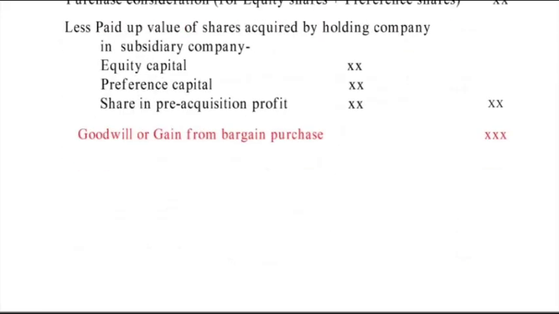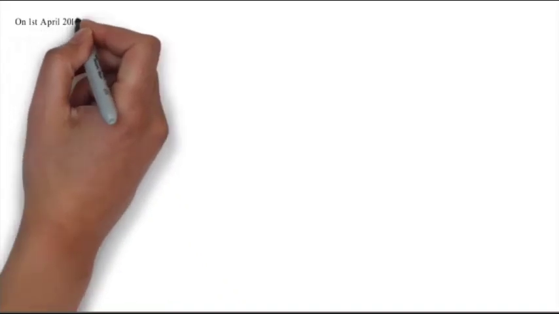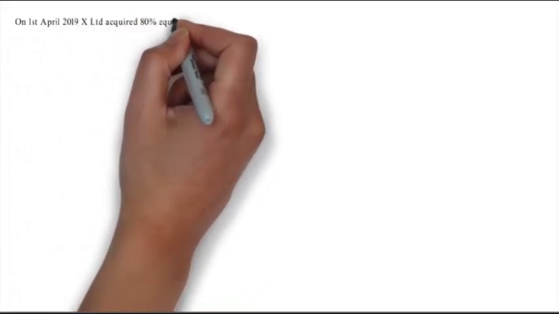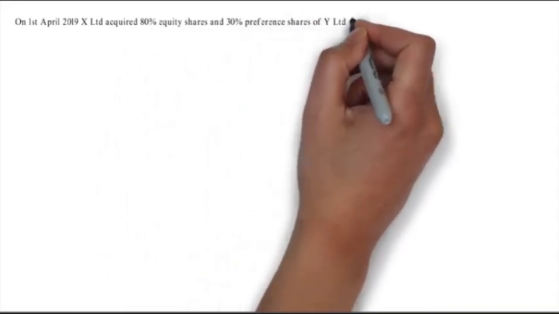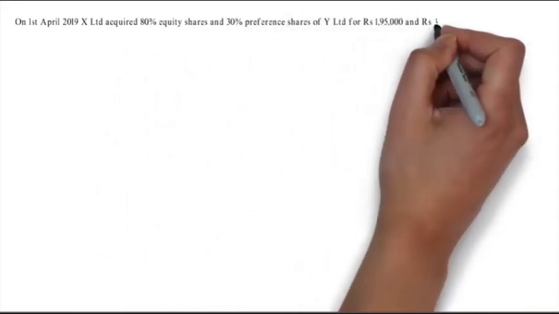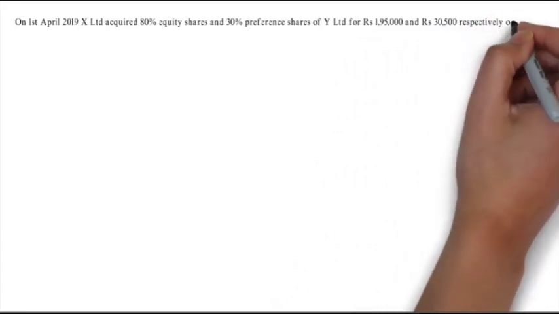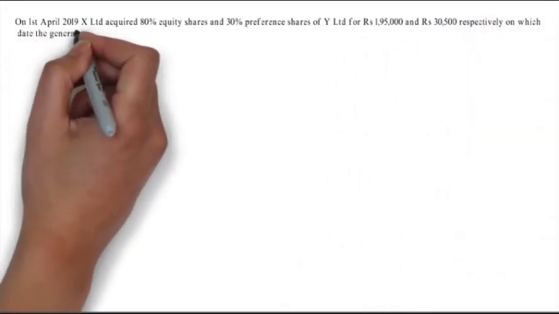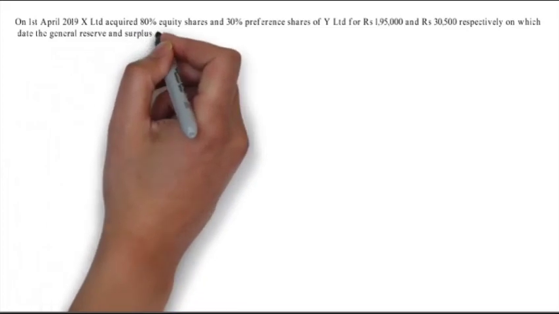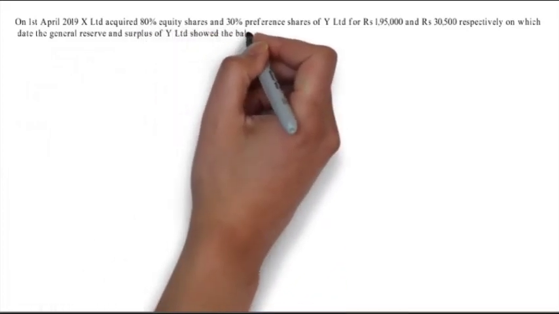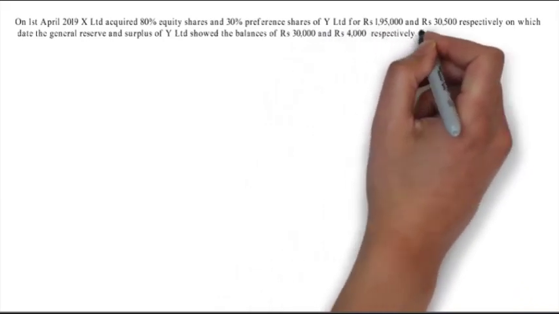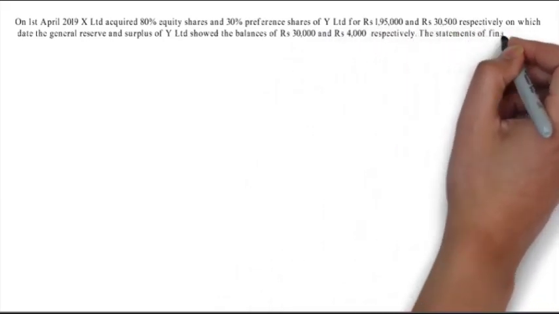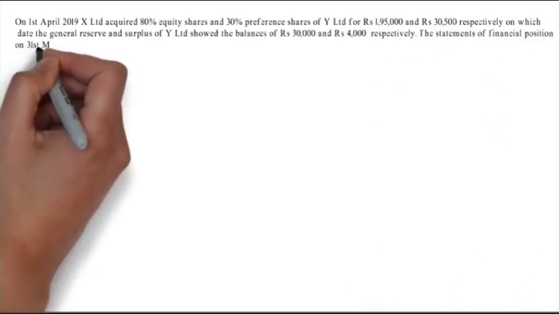Then we solve one problem. On 1st April 2019, X Limited acquired 80% equity shares and 30% preference shares of Y Limited for rupees 1,95,000 and rupees 30,500 respectively, on which date the general reserve and surplus of Y Limited showed the balances of rupees 30,000 and 4,000 respectively. The statements of financial position on 31st March